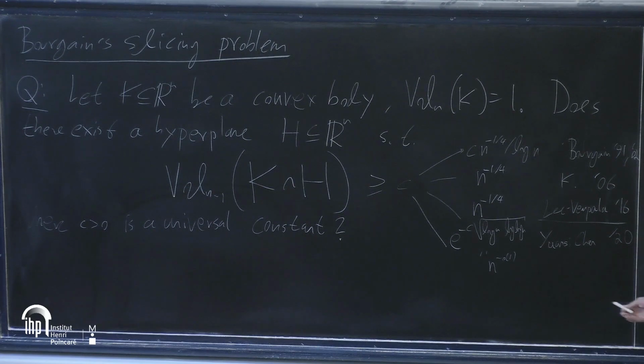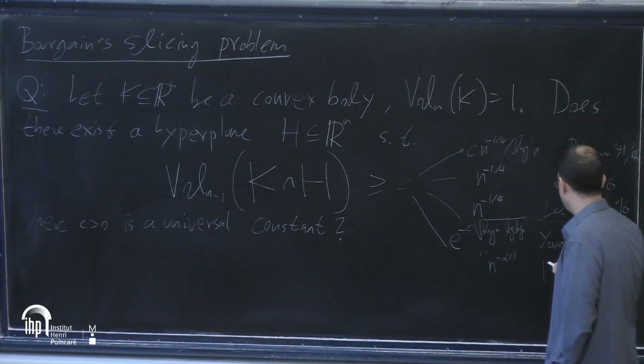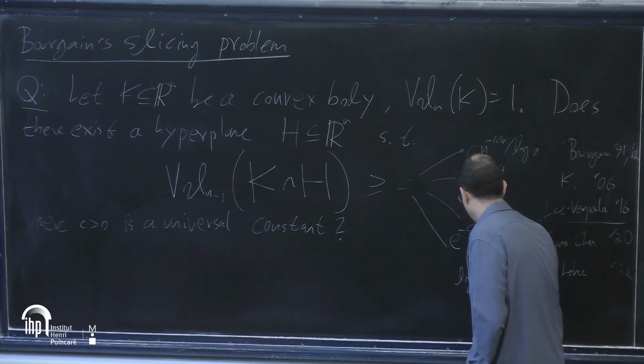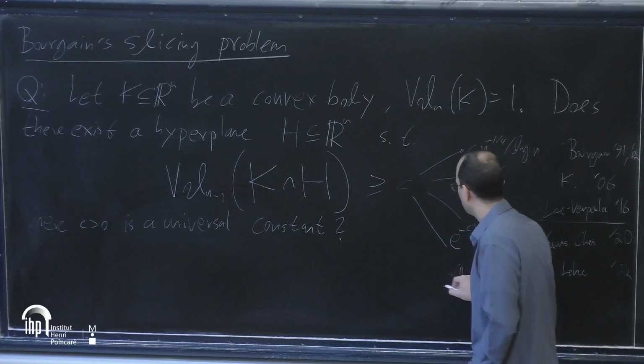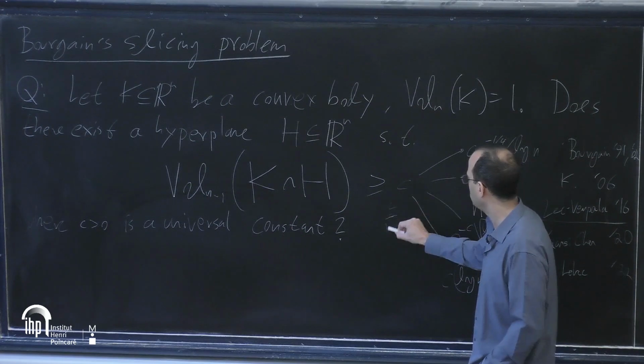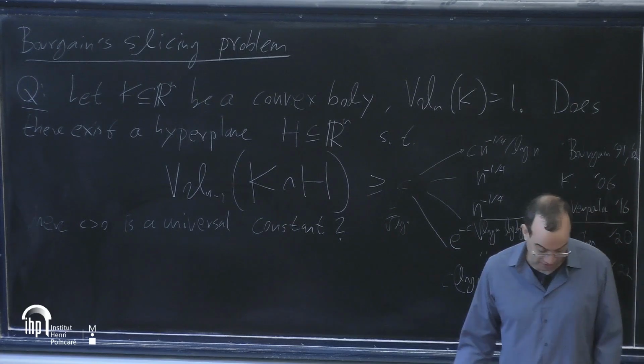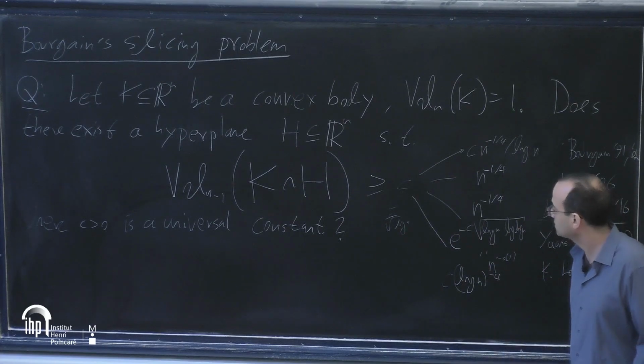after Chen, it was clear that this question can go much further in this problem. And then the estimates were improved later. With Lehec, in 22, I think we got log n to the power 1 minus 4. And today we know 1 over root log n, and this is what we'll prove today. Okay, so this is the history of this slicing problem.